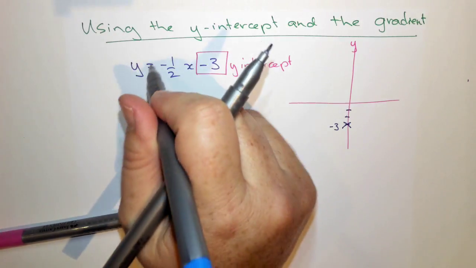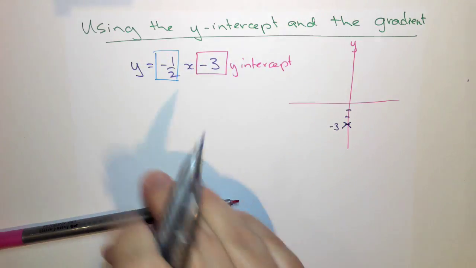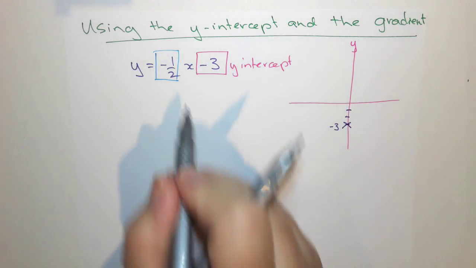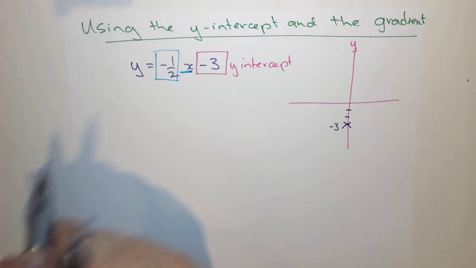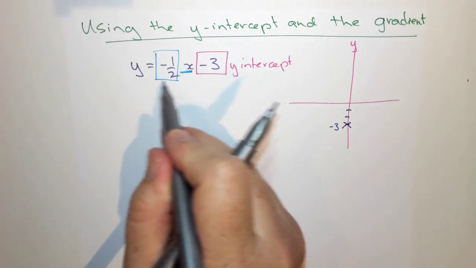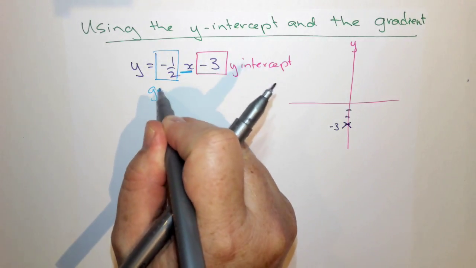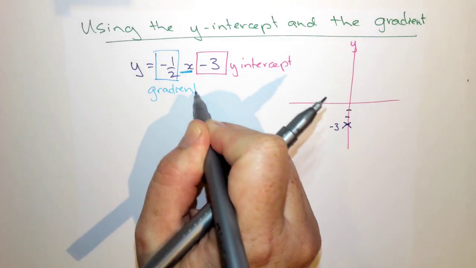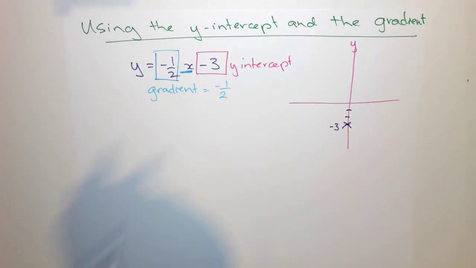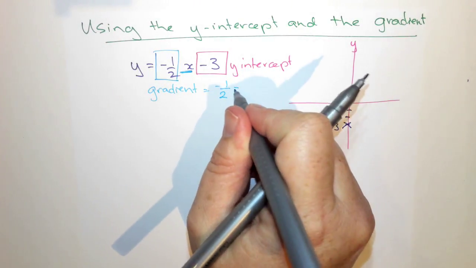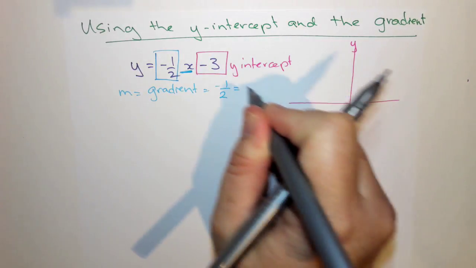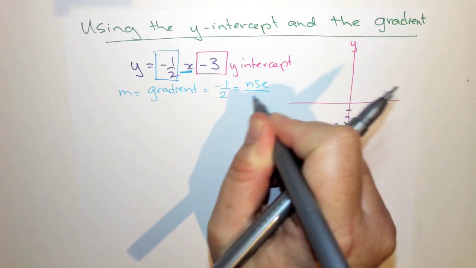Then the second part of it is looking at what the gradient is. And so the gradient is always the number that's in front of the x variable. And in this case, we've got a gradient of -1/2. Now let's also think we've got that formula for our gradient of m, which is our rise over our